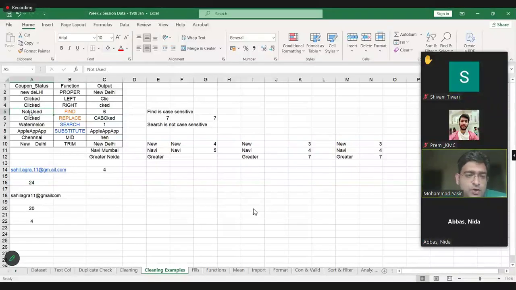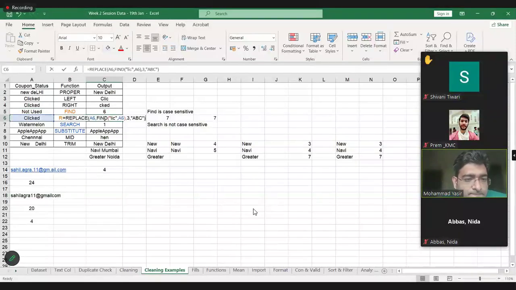Your question is in the right direction. We'll cover that when we do lookup functions. But with find, we can't do that. No, in find we can only check a specific column in one go.